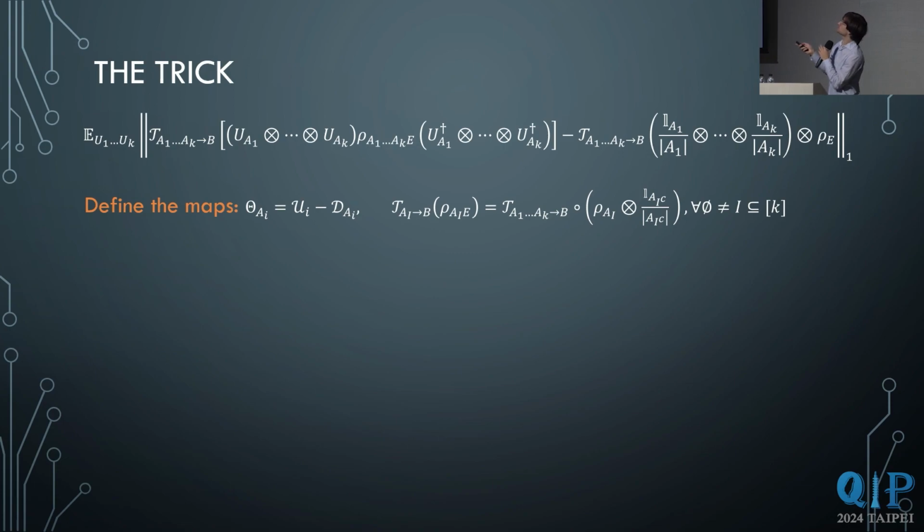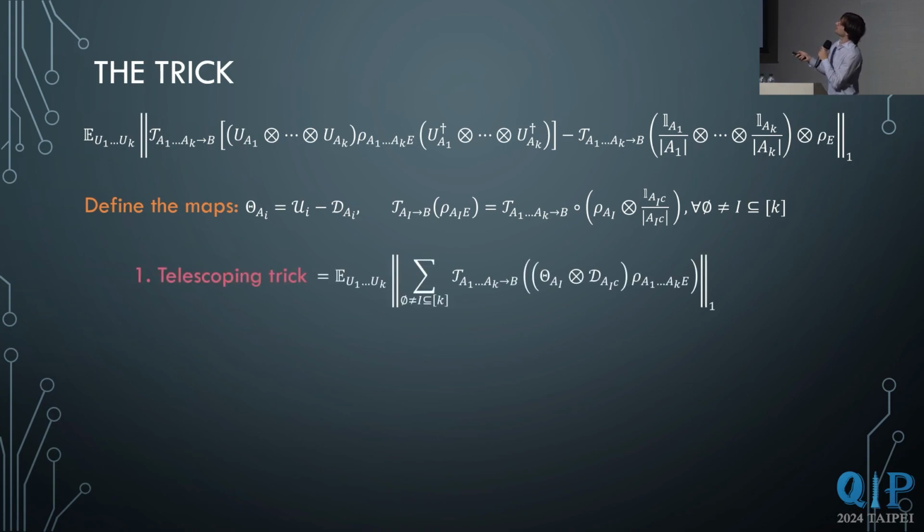And now we just have to notice that there is this telescoping trick, so that we can write this expression here, the one above, just as this one, this sum over all the possible marginals that you can see here. Maybe it's not super clear how this happens, but if you think about this minus sign that you have here, and you think about the distributive law that we will have to apply on each term of the sum here, we'll have a whole lot of terms, but a lot of them, like half of them, will be negative, and they will cancel out each other, I promise, and you will end up with this thing above.